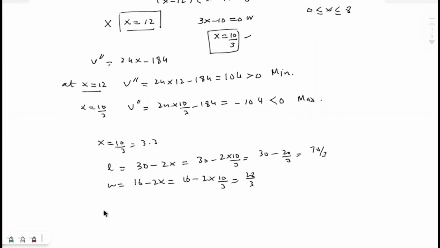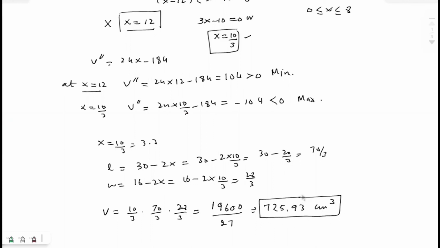And volume would be equal to the product of these three things: height, which is 10 by 3, 70 by 3, and 28 by 3. That is 196,000 over 27, or it is 725.93 centimeters cubed. So this is the maximum volume we can get if we remove a square of length 10 by 3 centimeters from each